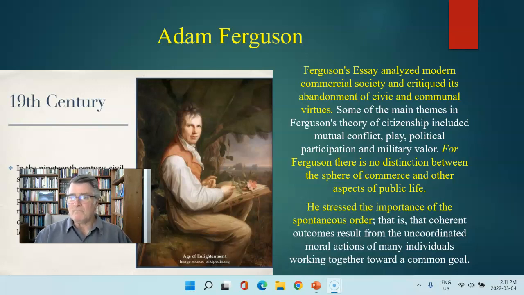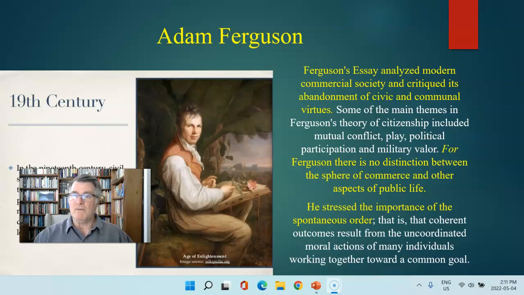So Ferguson saw no distinction between the sphere of commerce and other aspects of public life. They were really one and the same. So when you looked at the family, and then you had the state, which is sort of the political structure, in between would be civil society. And in fact, that's what the name of the book is, Civil Society. It's in that middle section that individuals get to interact with one another, but only in terms of goods and services, not necessarily as friends or acquaintances or someone that you will have a long-lasting relationship. You're writing a contract with someone, you're engaging with them economically, not on really any other deeper level than simply